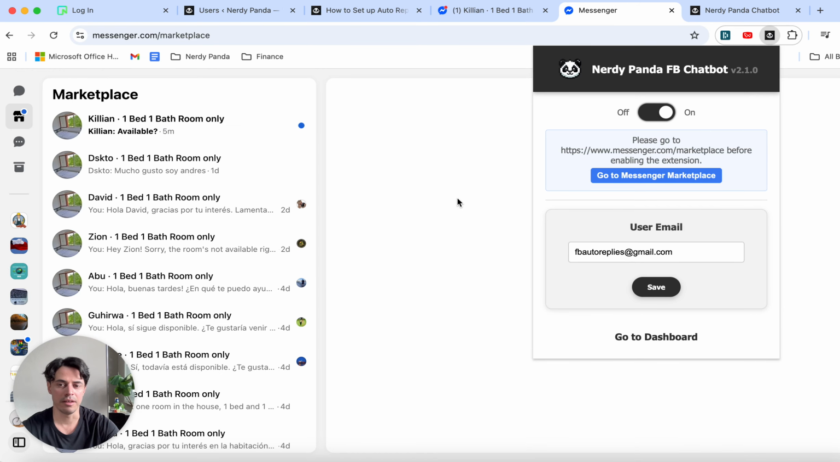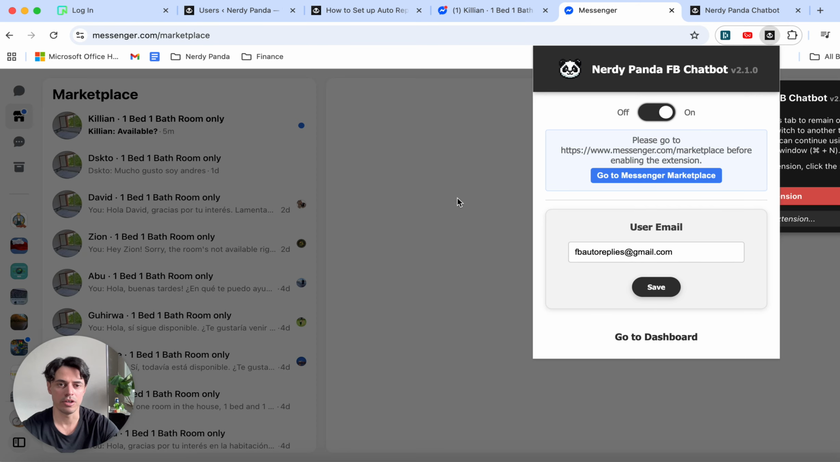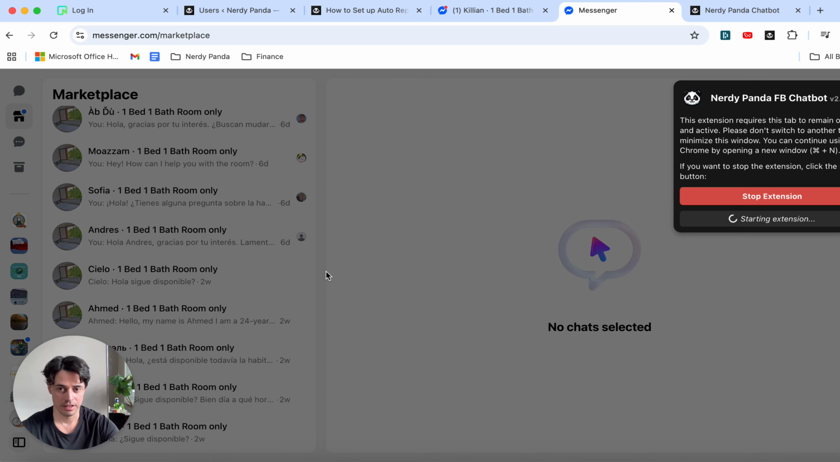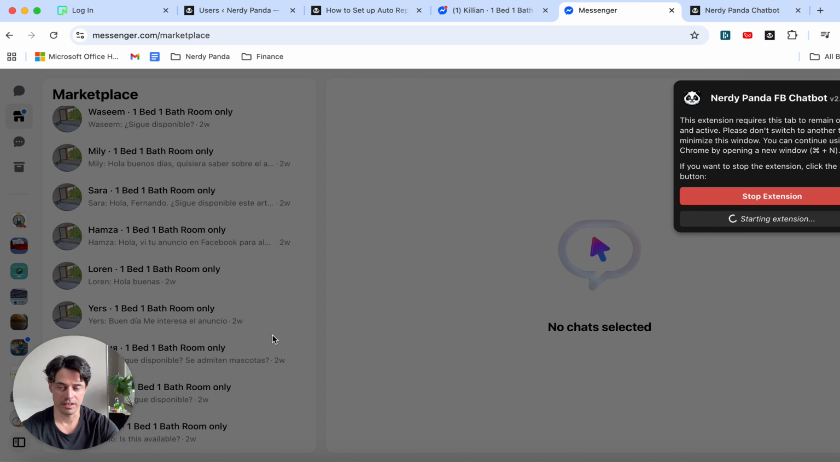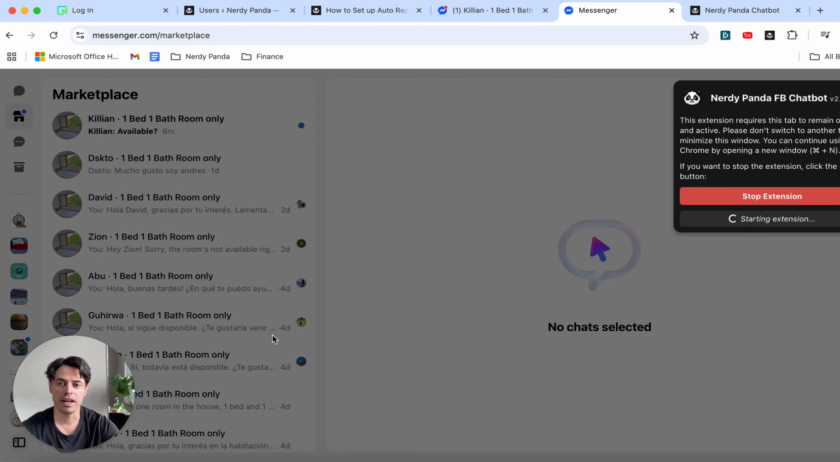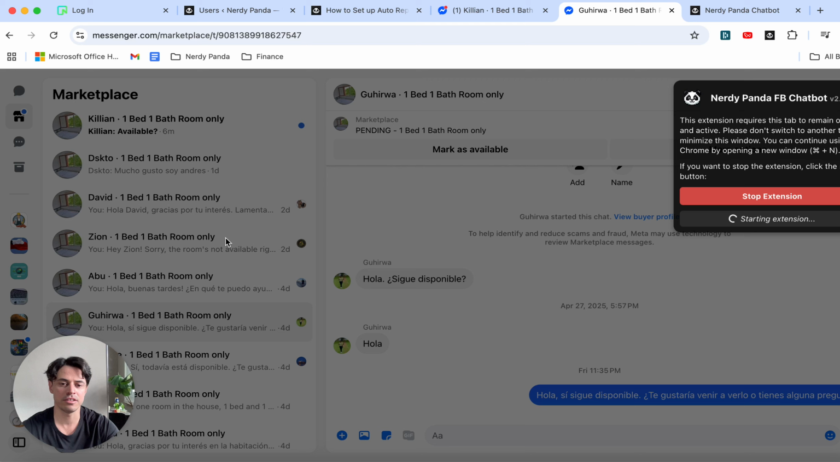I will get a black overlay showing that it's working, as you can see, and I just need to wait. So at the moment it's loading past messages in case there are any unread messages from a few days ago or a few weeks ago, and then it's going to open this message because it has a blue dot, and it's going to answer